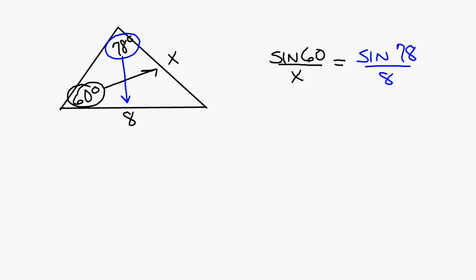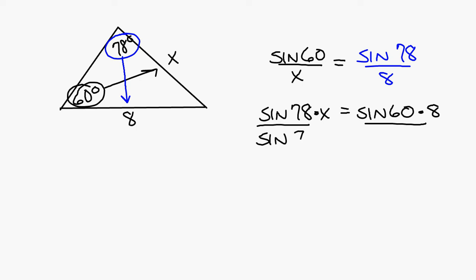That's your proportion, and then you can crisscross multiply. So again, do your variable first. So it's going to be sine 78 times x equals sine 60 times 8. And then you're going to divide both sides by sine 78. This cancels, and x equals,